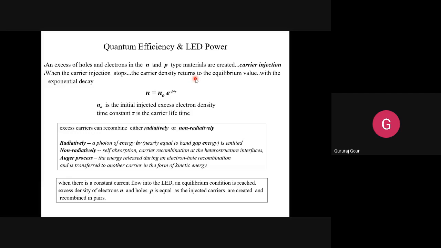Except that before the injection, it is in the equilibrium state. Because it is a heterogeneous structure, we went for the heterogeneous LED, and we have given sufficient reasons and justifications for why we have gone for the heterogeneous structure instead of the homojunction LEDs. If you want, you can see my previous videos again and again to understand. You can also refer to the textbooks which are available online. I have told this in previous few classes. You will get the materials there.